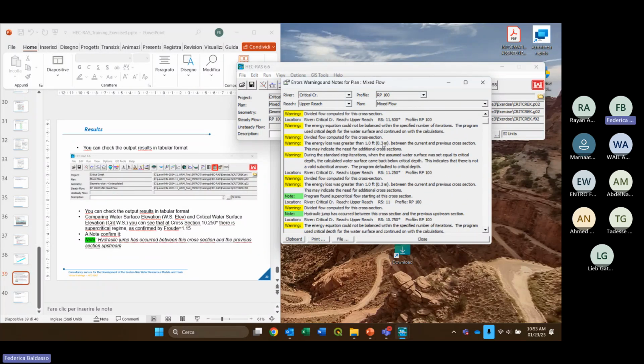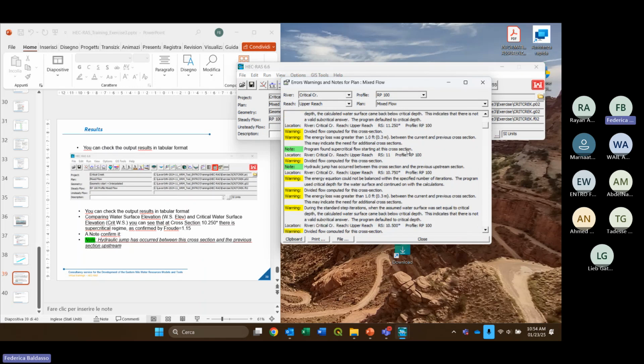So the interpolation maybe was not enough to remove some of them. For example, the warning about the divided flow is still here because we actually do not put any other tool to prevent the division of the flow. But for example, okay, this change in energy loss is still present,